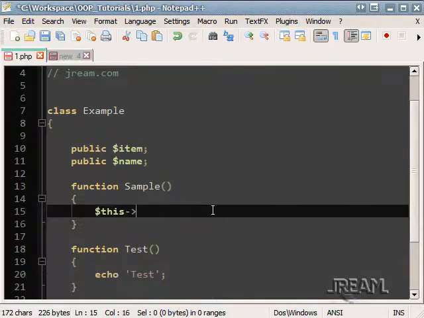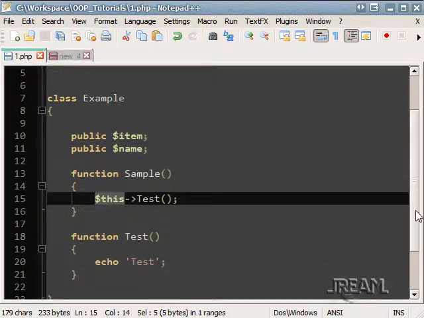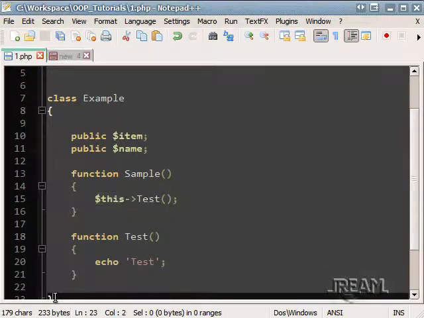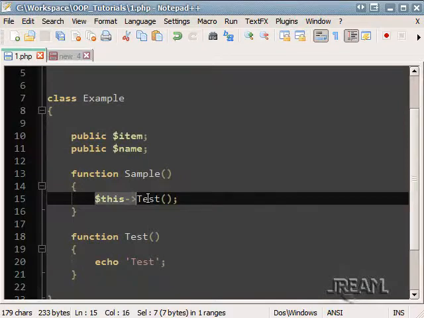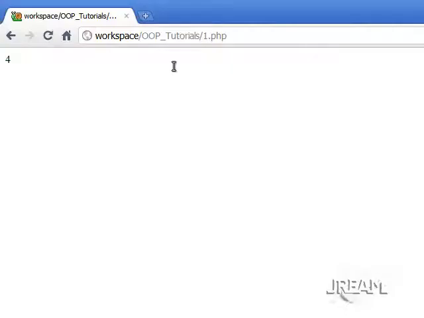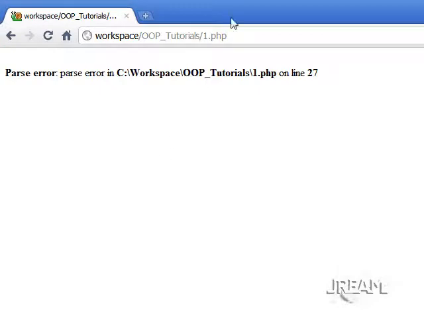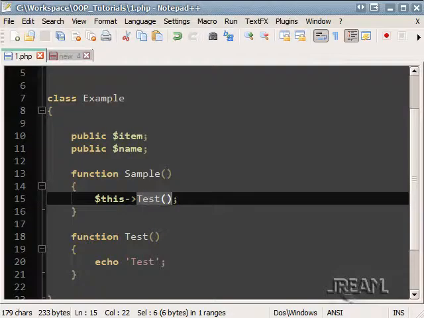So you do this test, and this applies to the class that we're in. The class that we're in is example. So we're saying inside of example, which is this, call the test function, and we'll refresh it, and we have a beautiful parse error because